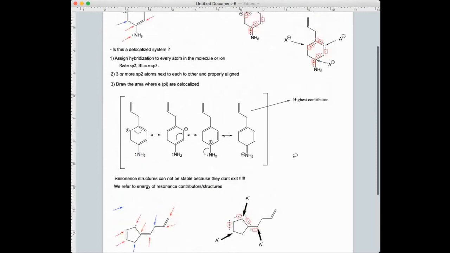Just to make sure, because I don't want this to be confused, I believe I made a little mistake. I did not intend to use a single arrow. I'm going to change it just in case, because my eyesight is getting bad and I didn't realize. So I just want to make sure that everybody understands that this arrow indicates 2 electrons, it is a full arrow here. And the one below indicates the flow of 1 electron because that was a radical. So I'm just going to fix this just in case somebody is confused.